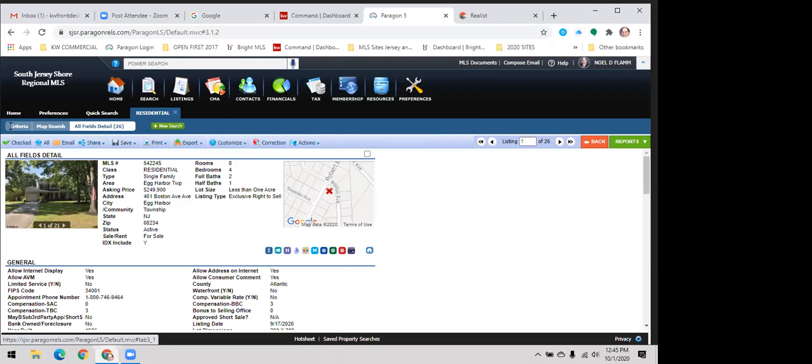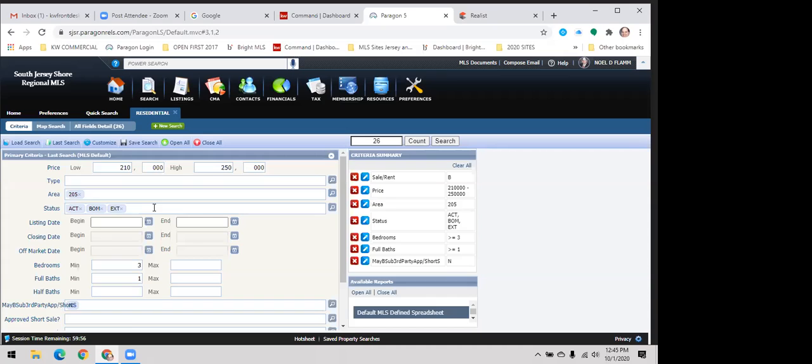When they make an offer, they may say to you, what's this house worth? That's where your CMAs come into play. Besides listings, you also do it for buyers. Buyers want to know if they're making an offer and someone's asking $280,000 and they want to offer $240,000. Number one, it's a little crazy right now, but a seller could be crazy at his $280,000 price. So you as a buyer have to have an idea on those values. So you also look at